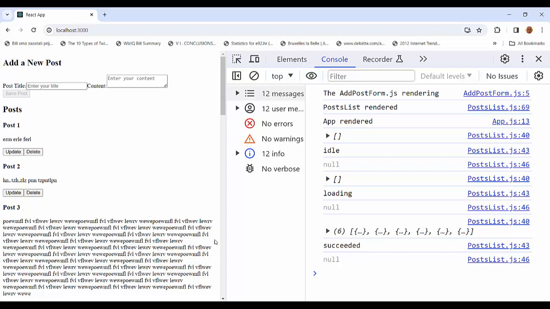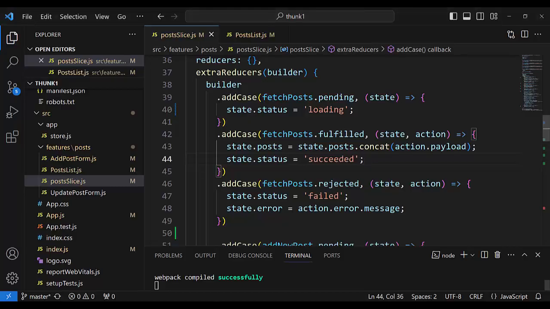When status is idle, we can go and see. Here is a status succeeded. If fetchPosts is rejected, failed, we will have this message for the error, and we will have status failed, and